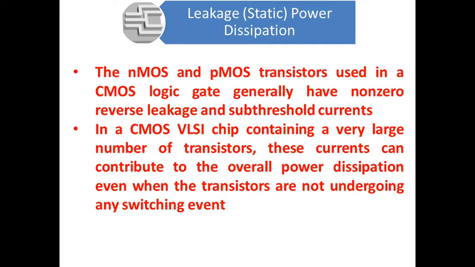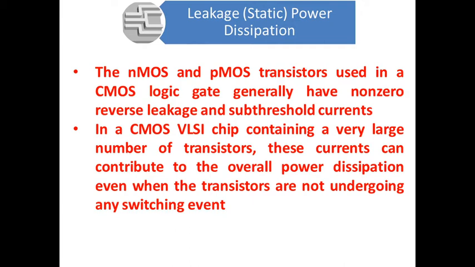Actually, when the gate voltage applied to your MOSFET increases above the threshold of that MOSFET, only then does the channel get formed, and a finite amount of current flows from drain to source in case of NMOS, and from source to drain in case of PMOS transistor. So your transistor will conduct a finite amount of current only when the applied gate voltage is larger than the threshold voltage. But